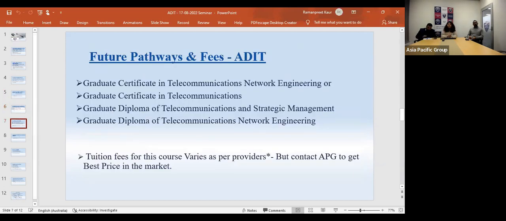Future pathways and fees for the Advanced Diploma of Information Technology. Let's say someone who did the Advanced Diploma of Telecommunication may be able to secure PR as well, but they need to grow their future in terms of career. Of course, it doesn't end with the advanced diploma. There is a career pathway from advanced diploma up to master's level. But the immediate next pathway is the Graduate Certificate in Telecommunication Network Engineering, Graduate Certificate in Telecommunication,